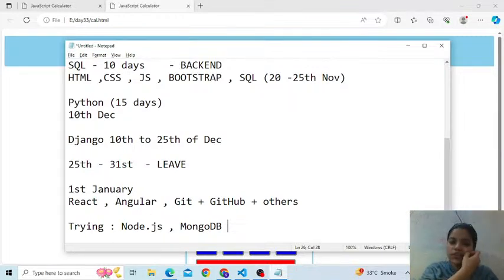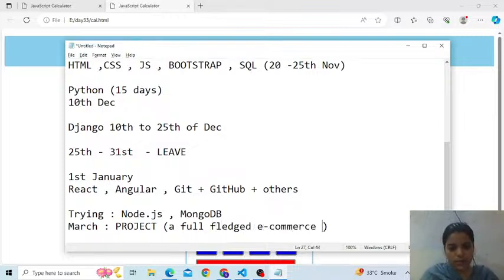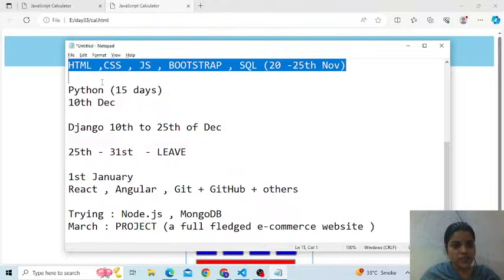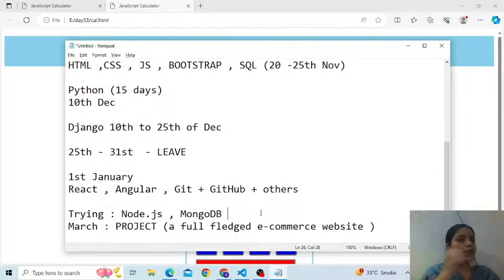I hope you're understanding my point, all of us. So we are targeting to complete the course by the end of February. Alright, because the month of March, people, or the middle of February, that will be full of project. Okay, we'll be trying to work on a full-fledged e-commerce website, and this website is going to include almost everything, starting from HTML, CSS, JavaScript or React, and till